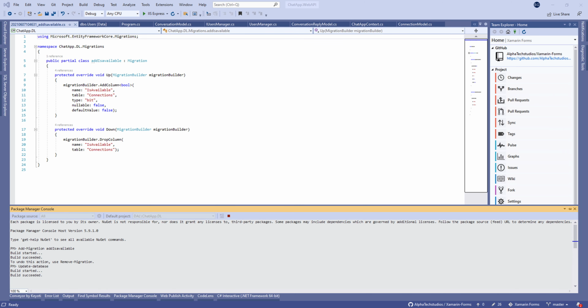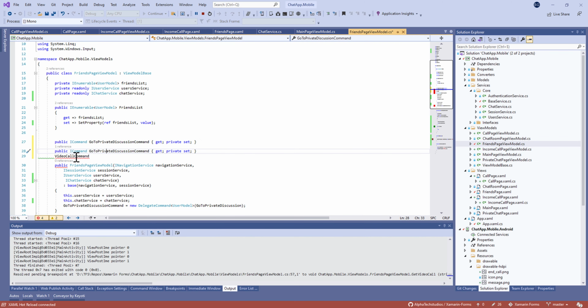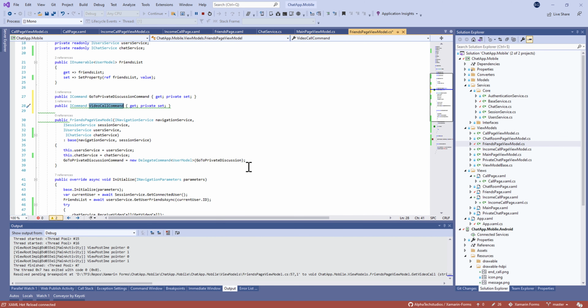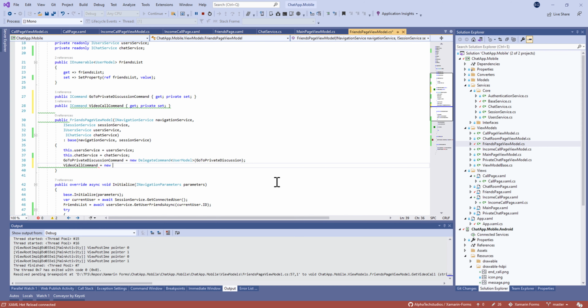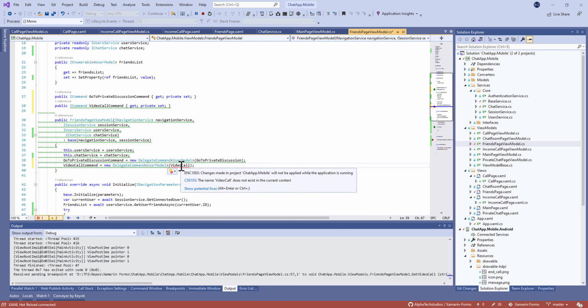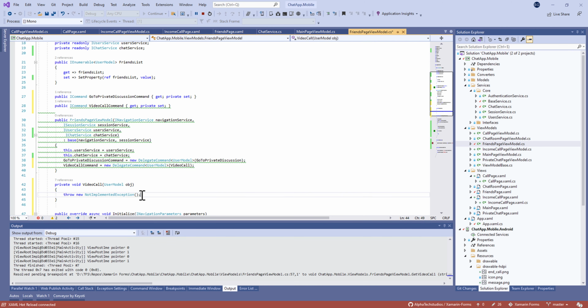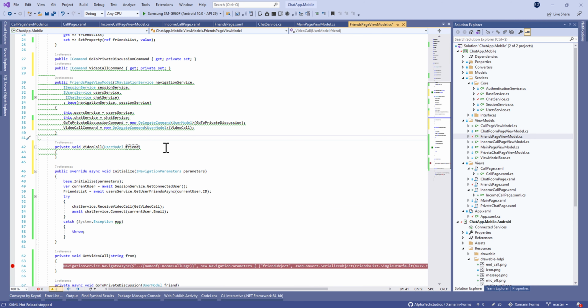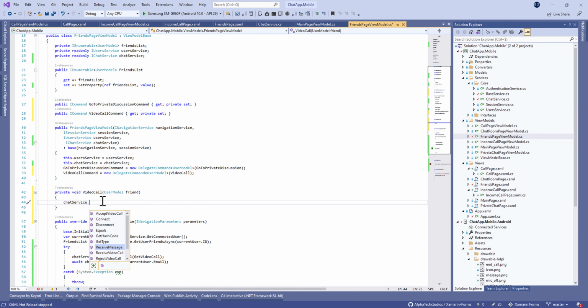After that, don't forget to update the database, and eventually I forgot to call the video call command in the friends page. So every time we trigger the SwipeView, we need to make the call command. So video call,